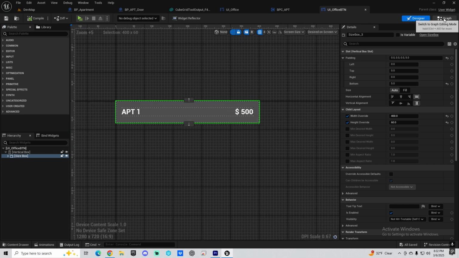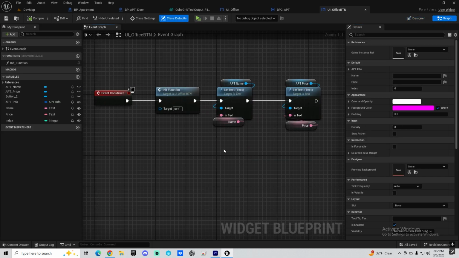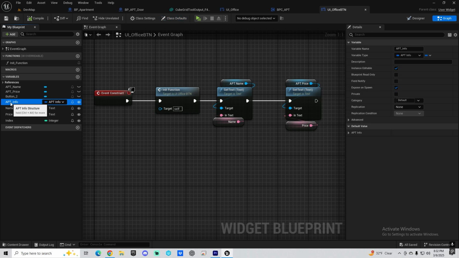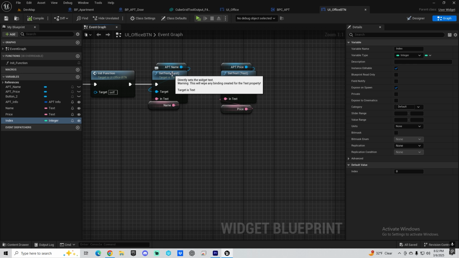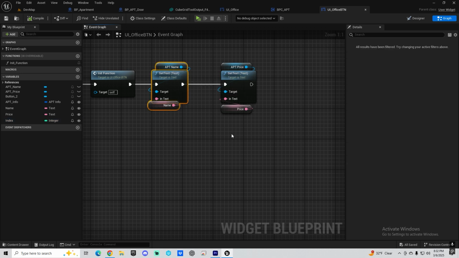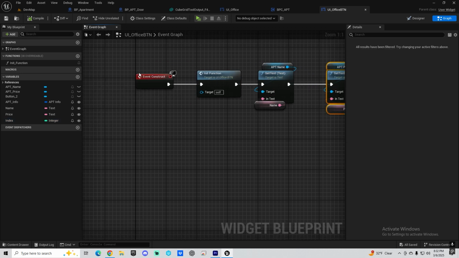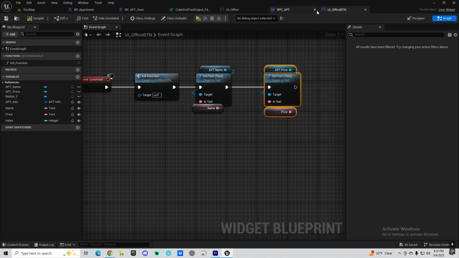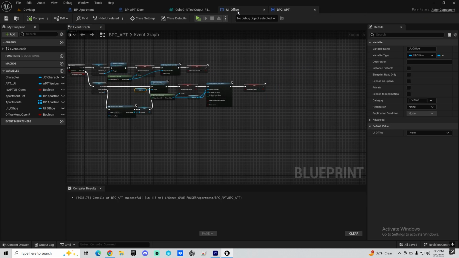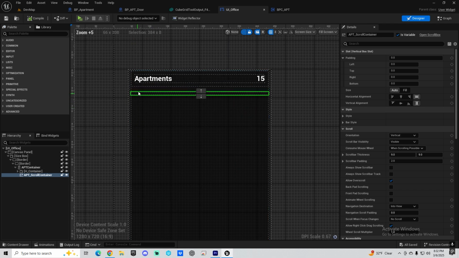And then in the event graph, I create an apartment info variable. I make it instance editable and expose on spawn. And I create one for the name, the price, and the index. And I set the name and the price in the event construct inside of the UI Office BTN. So now in the UI Office, the main menu right here,